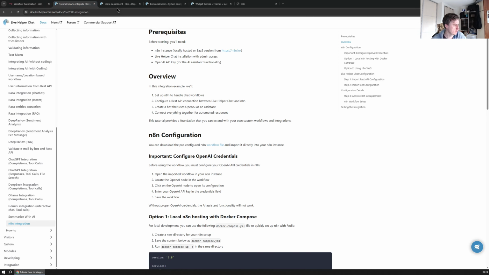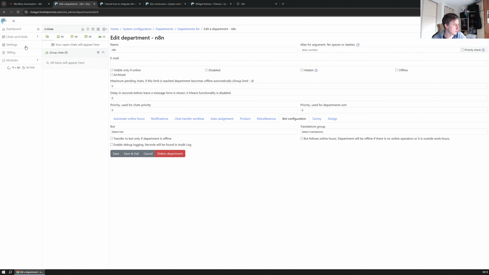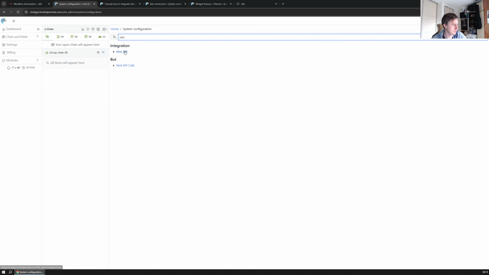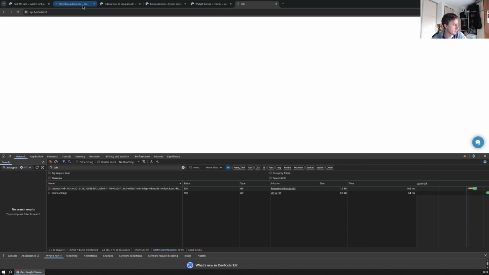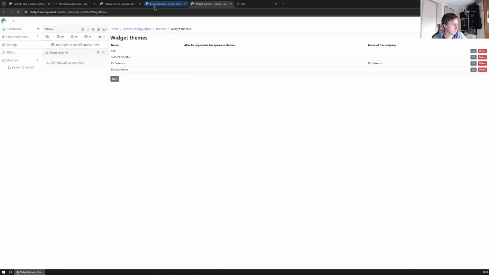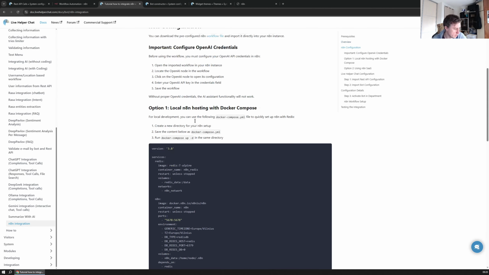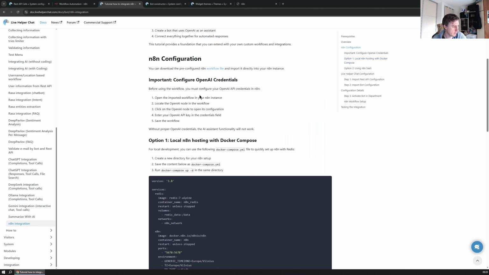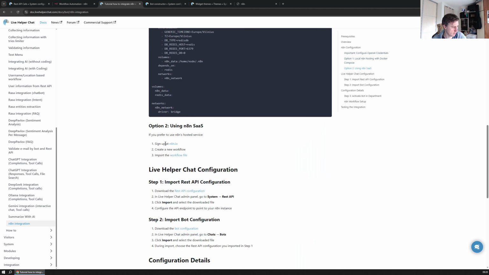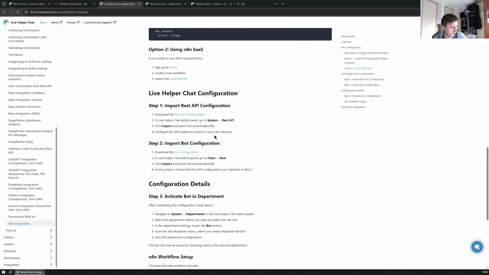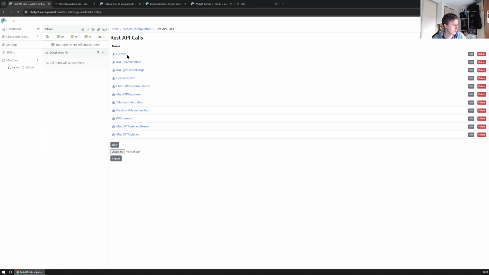So the next thing, by the tutorial, we need to import REST API calls. We go to, yeah, that's just a sample of how we can run this n8n via Docker. So this is the workflow file. Now we just download this REST API file from